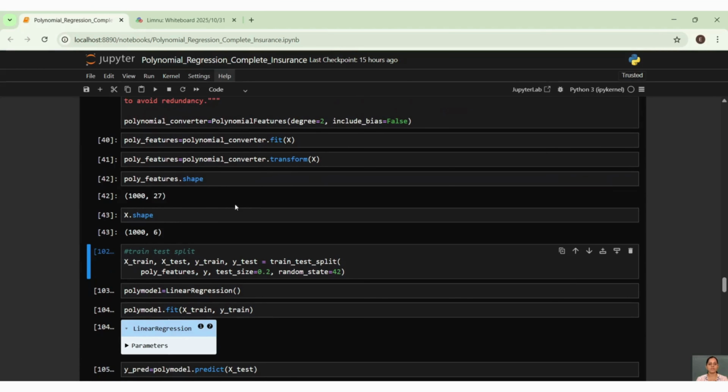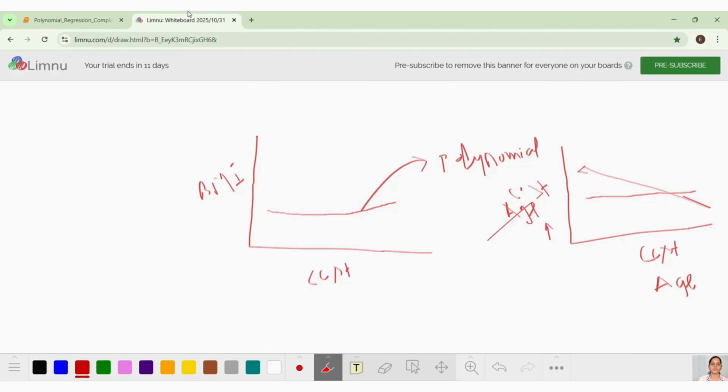That means what it is doing, it is taking all the features, all the columns, and it is just squaring it up, like whatever degrees we studied. Let me go to the whiteboard.